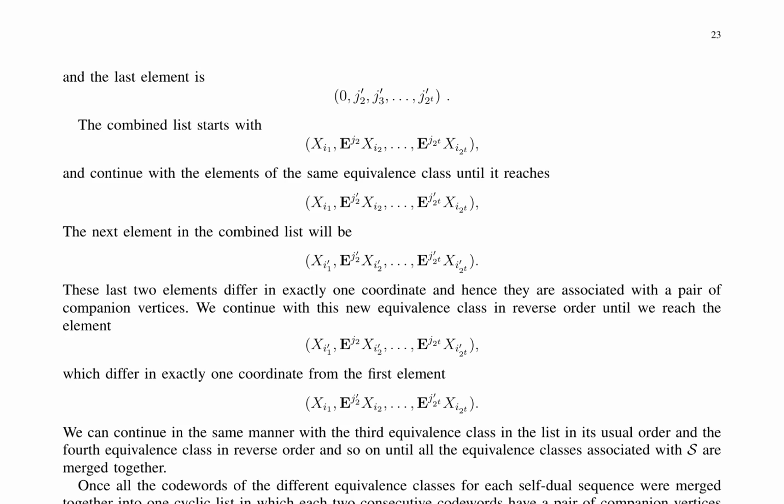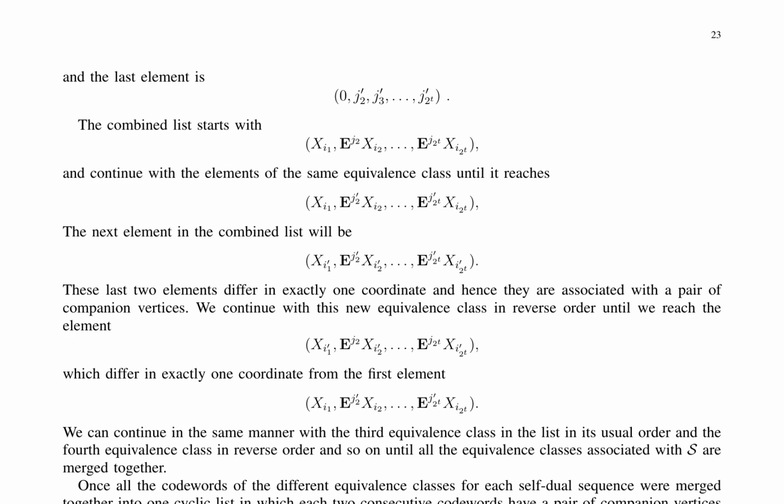Each codeword C is represented as (She1, EJ2 She2, ..., EJ2t She2t), where She and EJ are elements of a finite field F. This representation is chosen to be the one among the 2t cyclic shifts of C with the smallest lexicographic value for (She1, She2, ..., She2t). An equivalence relation is defined on all the codewords of C, where two codewords are considered equivalent if they differ